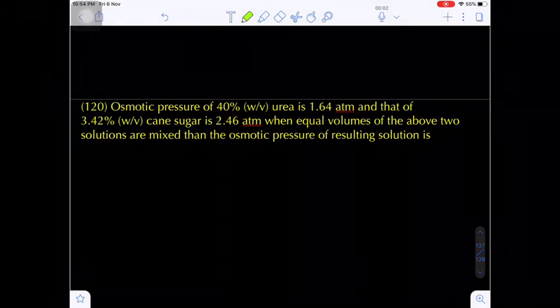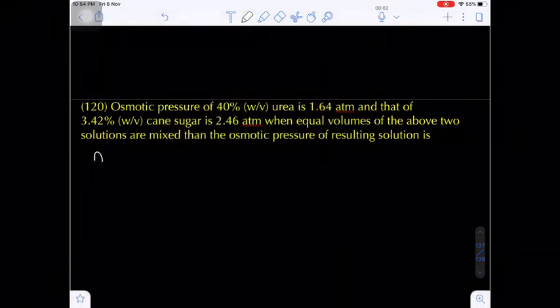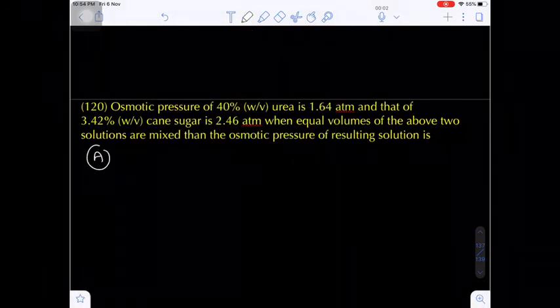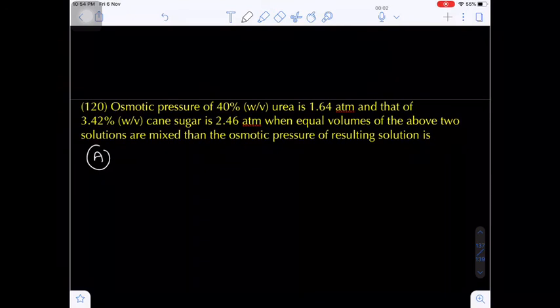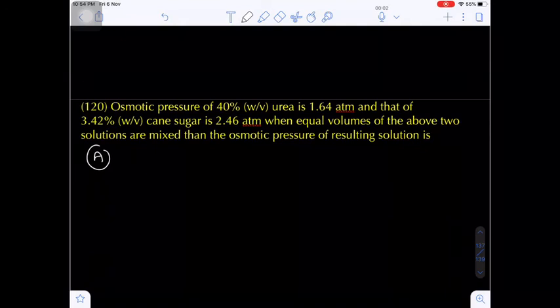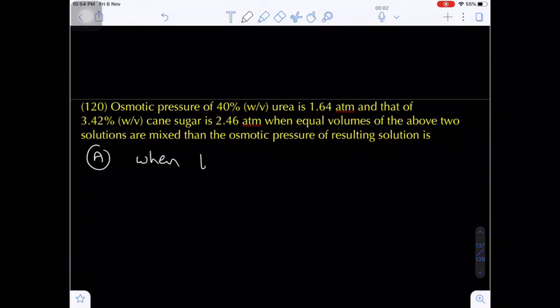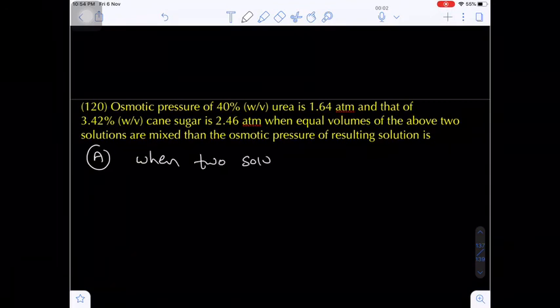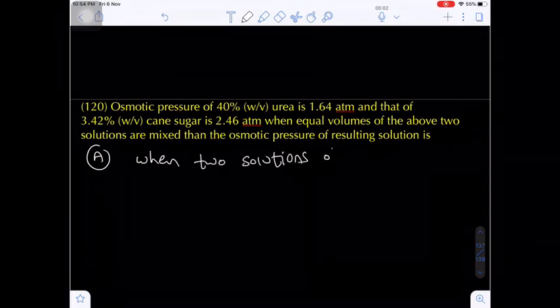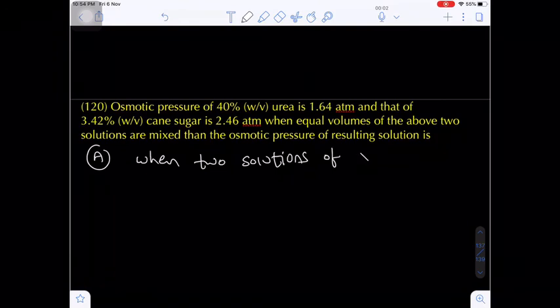And one more last question is there, that is question number 120. What is question number 120? Osmotic pressure of 40% weight by volume urea is 1.64 atm, and that of 3.42% weight by volume cane sugar is 2.46 atm. When equal volumes of the above two solutions are mixed, then what is the osmotic pressure of the resulting solution? Here, when two solutions of equal or same volume